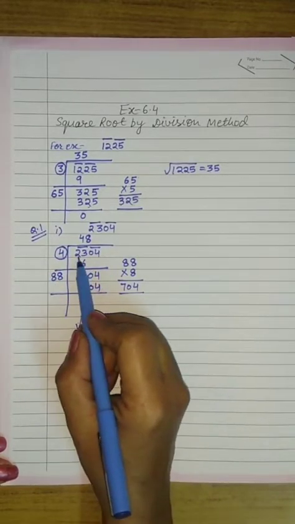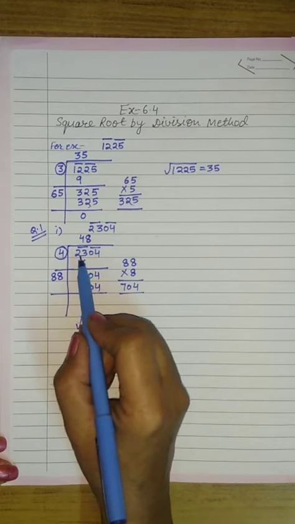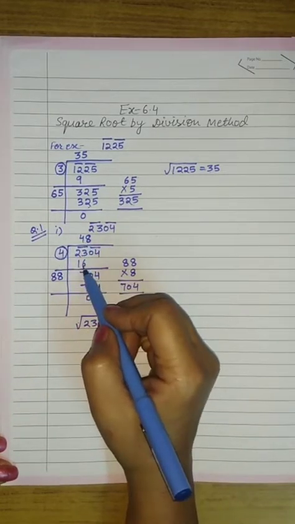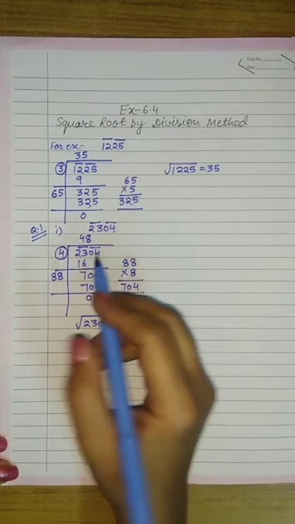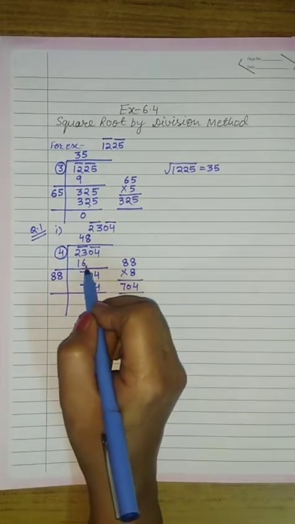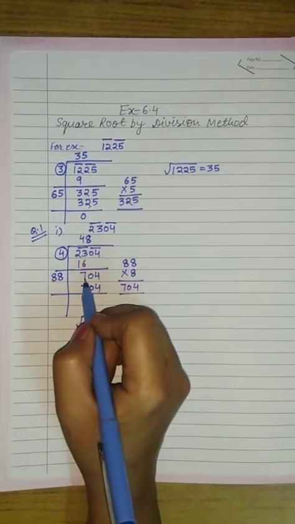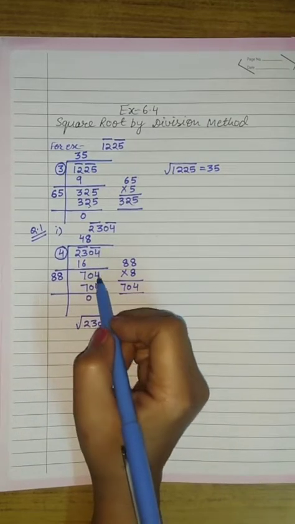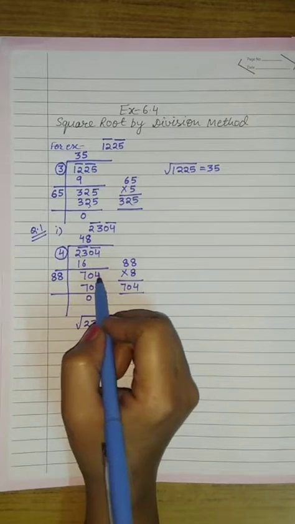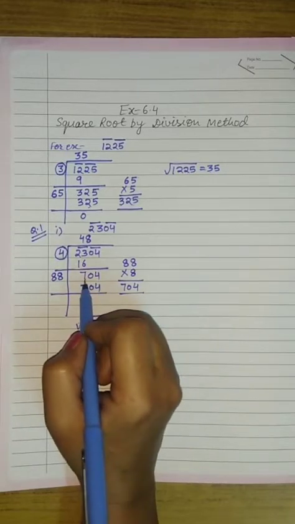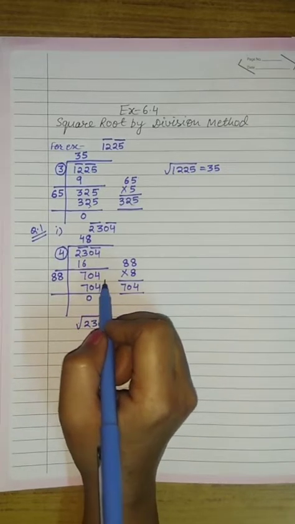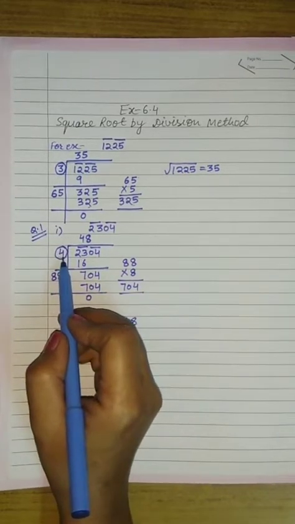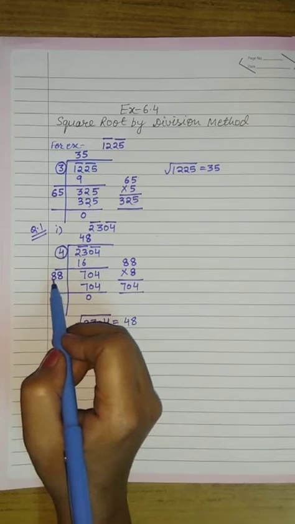From the left side, we have 23 under first bar. So 4 4s are 16 is the number less than 23. So on subtracting 16 from 23, we got 7. Now we will bring down the next bar down and the number in the next bar is 04. Now our new dividend is 704. In next step, we are going to double the divisor in the first step, that was 4. So 4 2s are 8.